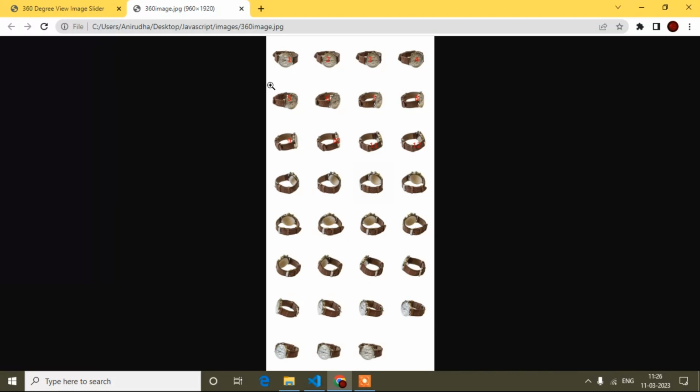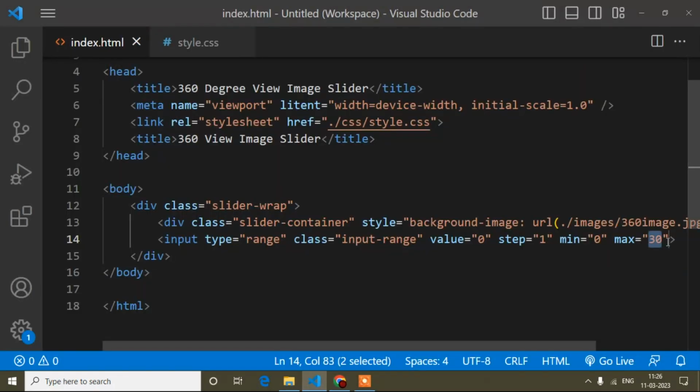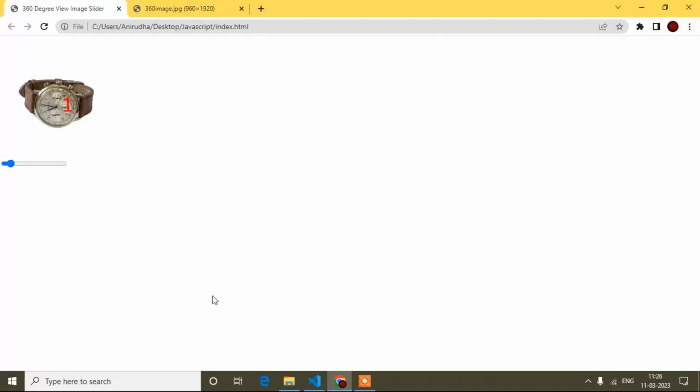But when the first image is displaying and I move the range slider from here to here, the second image will display, so one image is already displayed, and 31 minus 1 is 30. Now I can move this range slider 30 times, and when I move it 30 times, it will complete 100%. You can see this blue color is completed up to 100%. I hope it is clear, right?